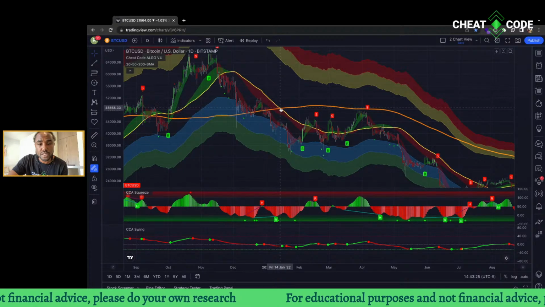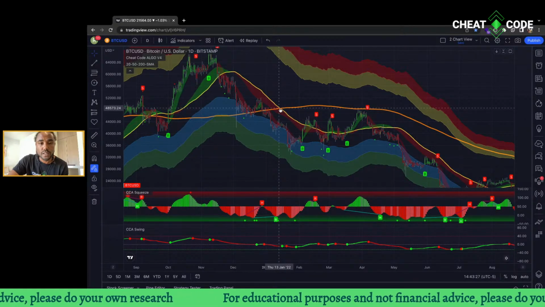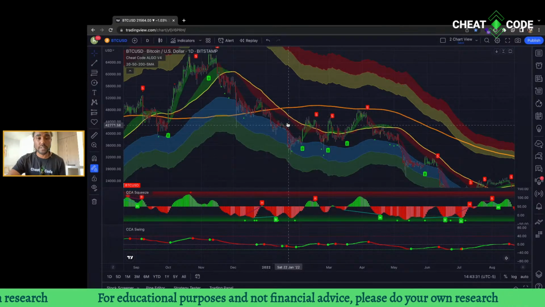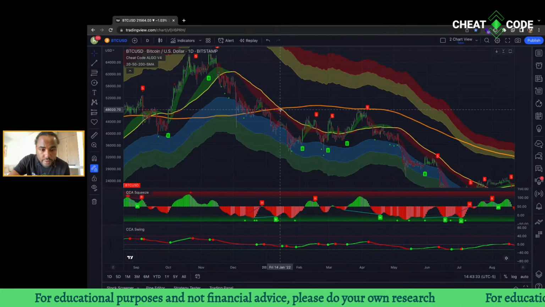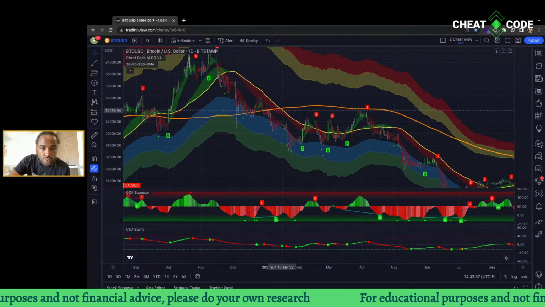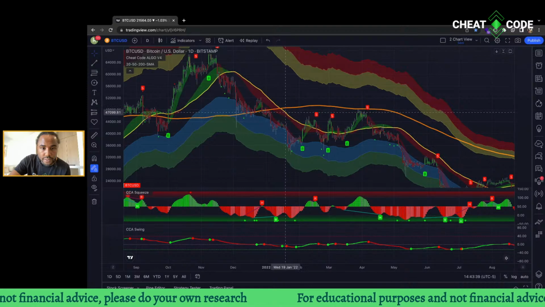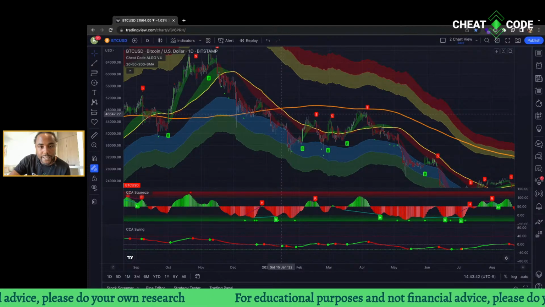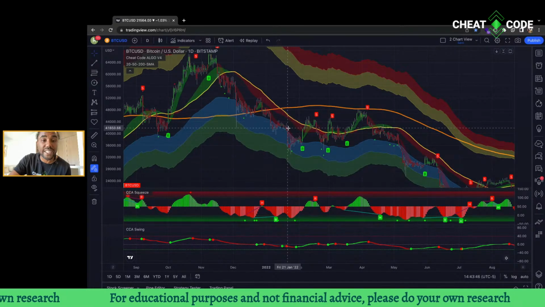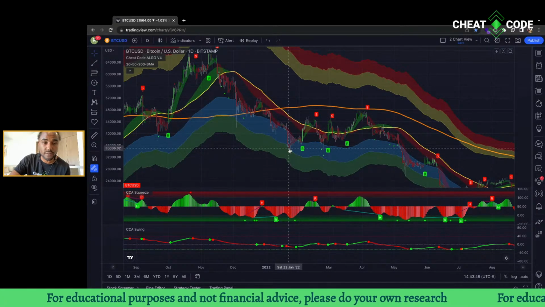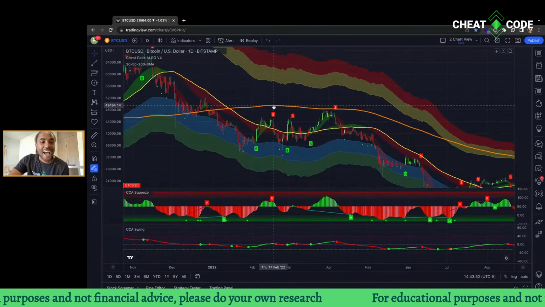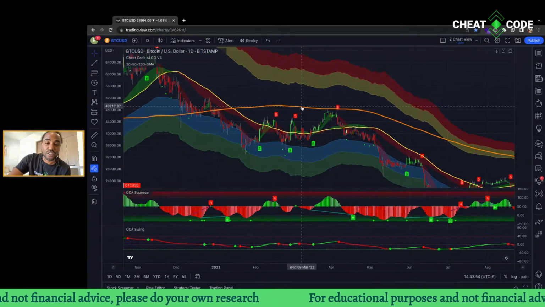But once the 50 crossed this 200, you can see here that it took, this is a daily chart, so each one of these candles is a day. Once it crossed, that was on Friday the 14th. Okay, so it took 1, 2, 3, 4, 5, 6, 7. I mean, it was slightly declining, right? But it took one whole week to go sideways and then completely drop in price. Okay, so that's what the death cross does. I mean, it's called a death cross for a reason, right?